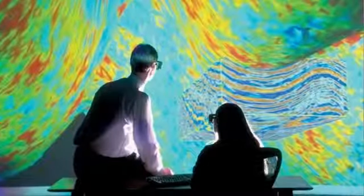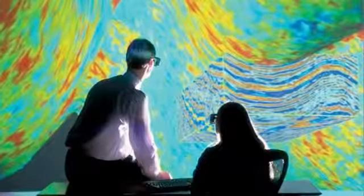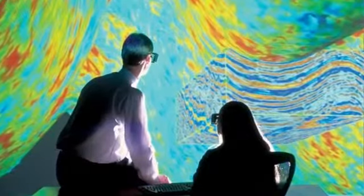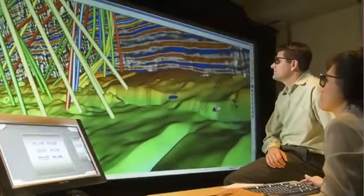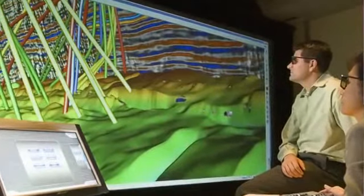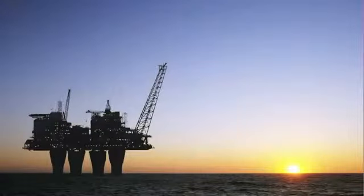Using really amazing computer applications and working on state-of-the-art workstations, geoscientists can see the seismic data translated into a 3D picture. You might be thinking, I don't see any oil and gas there. But believe it or not, geoscientists can look at this processed data with their trained eyes and make an informed decision about whether or not oil and gas deposits are in the geologic structures. Seismic data leads